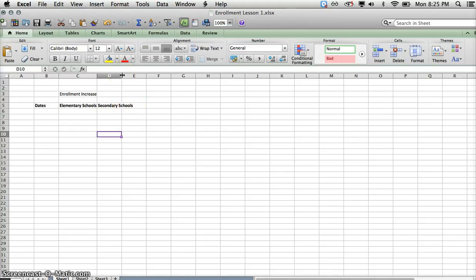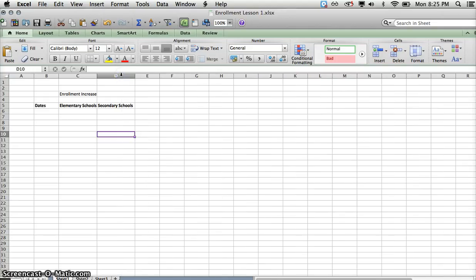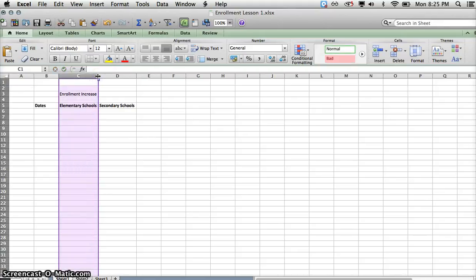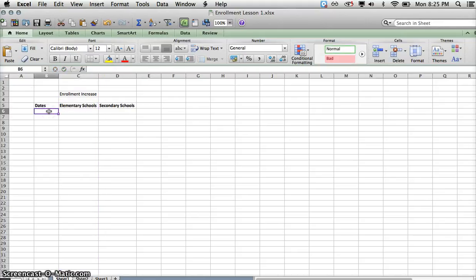I can go ahead and resize that. If you put your mouse in between column D and E and double click, notice how it auto fits the contents of the cell. That's the same thing it did in Word as well. I could do that for columns C and D. I'm going to go ahead and click in B5 and key the rest